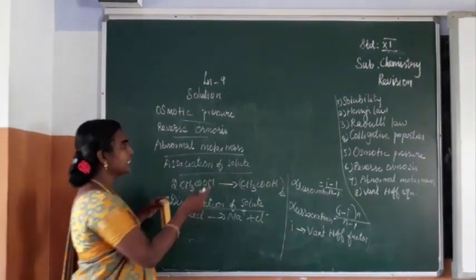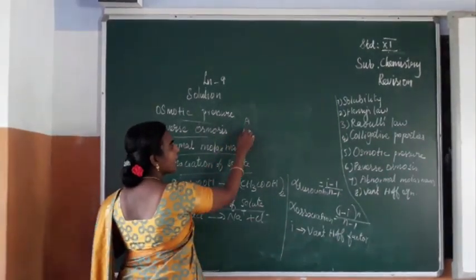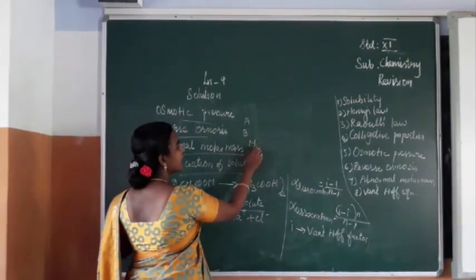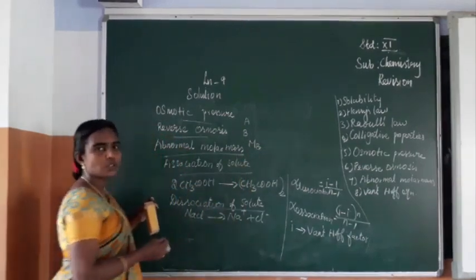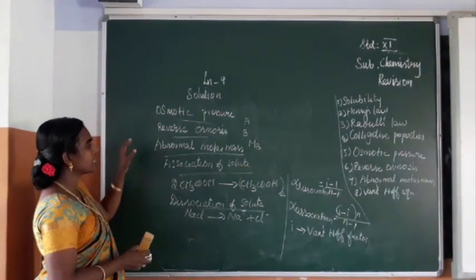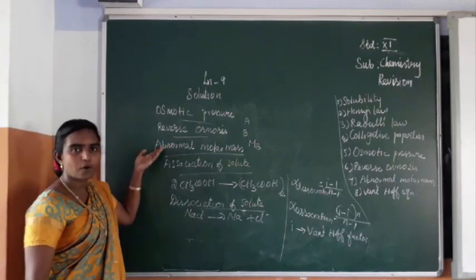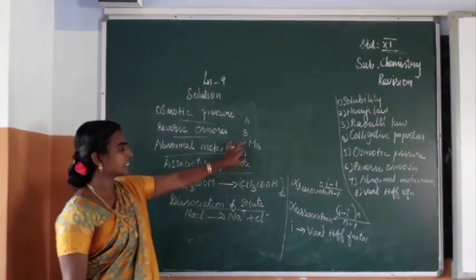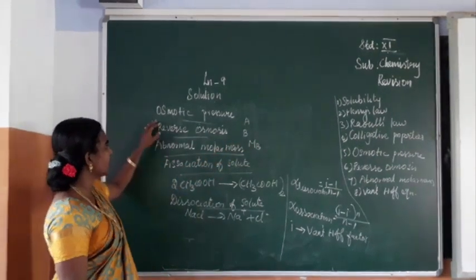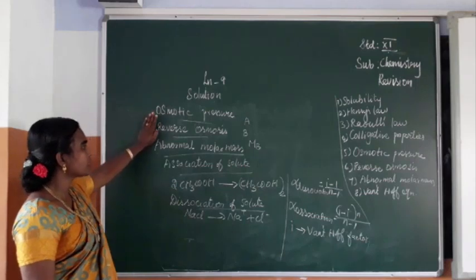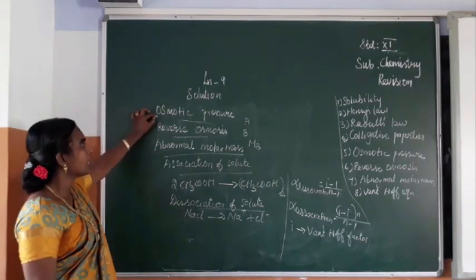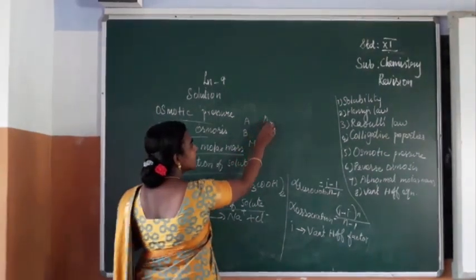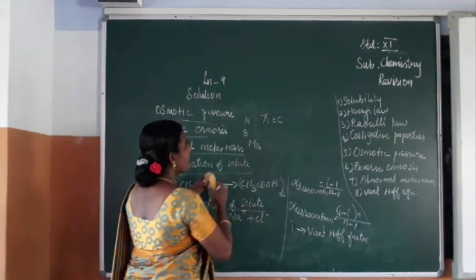So here A is the term given for solvent, and B represents the solute particles. MB represents the molar mass of the solute in the equations. We have seen for depression in freezing point, and from osmotic pressure, how we can calculate the molar mass. The last term we have seen is osmotic pressure, which is useful for molar mass by using the equation pi is equal to CRT. So in common we can write